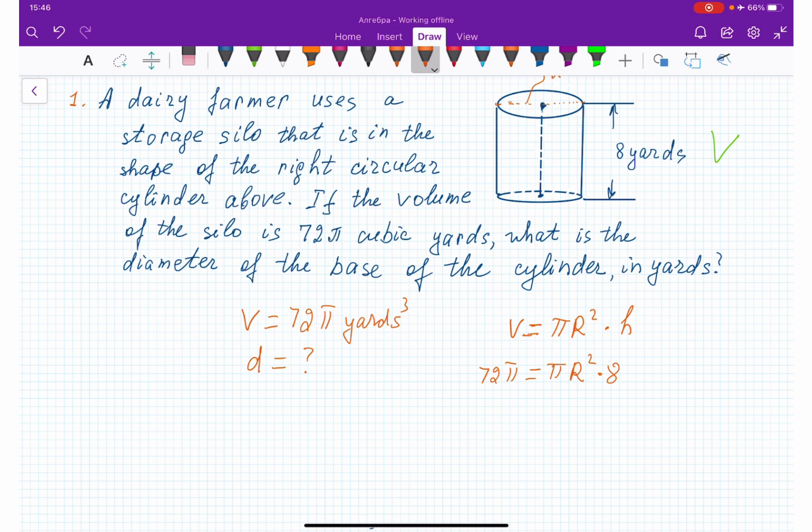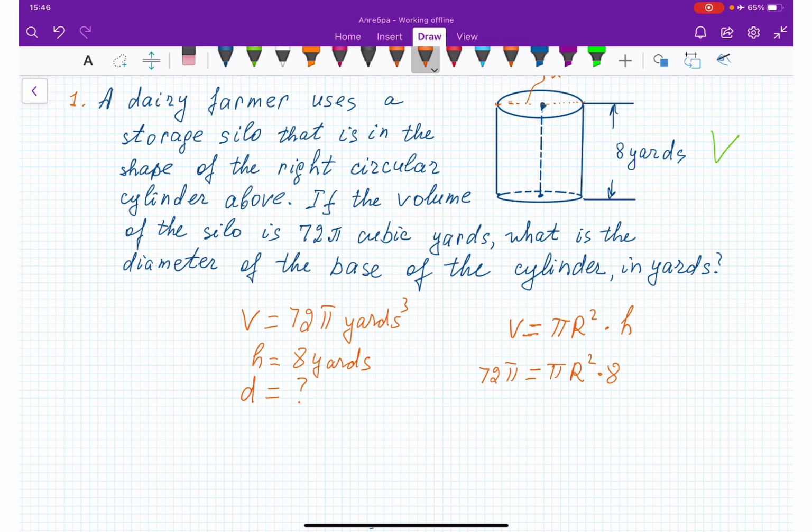Because h is equal to 8. Let me add this 8 yards. Thank God we have all the same measurements, otherwise we would have to convert yards into something else,